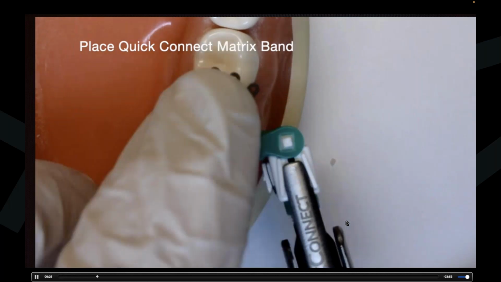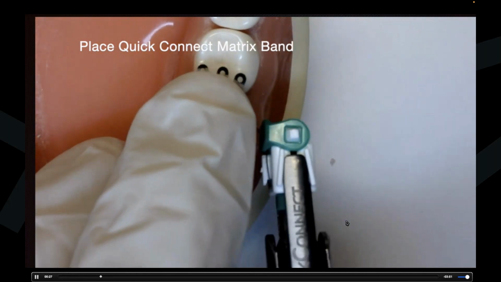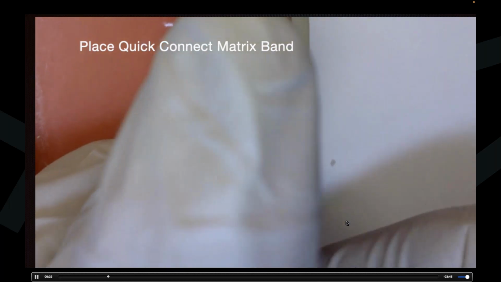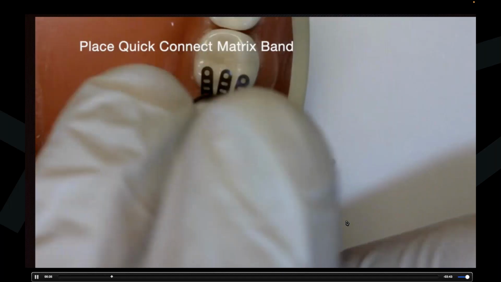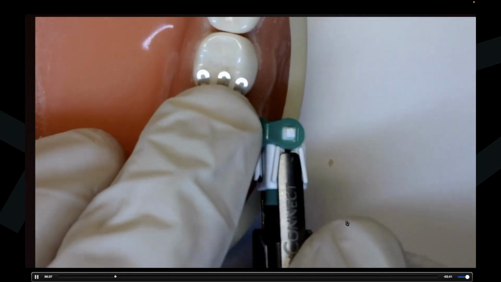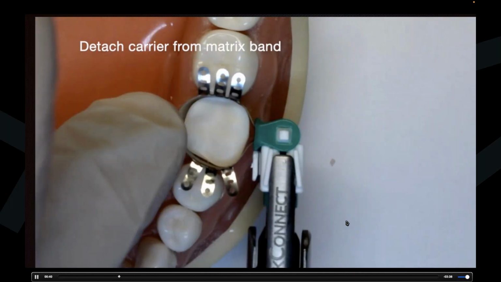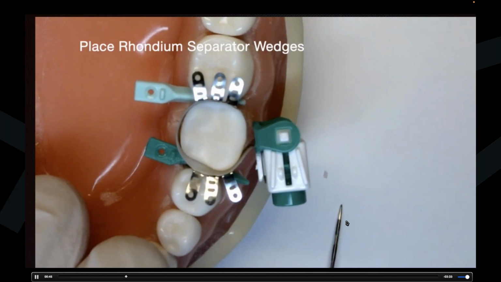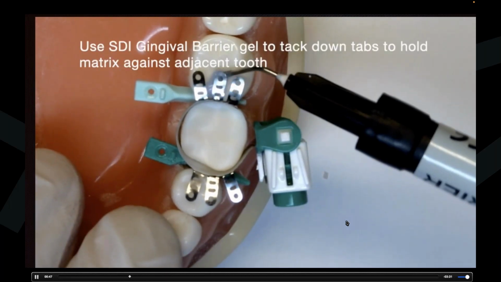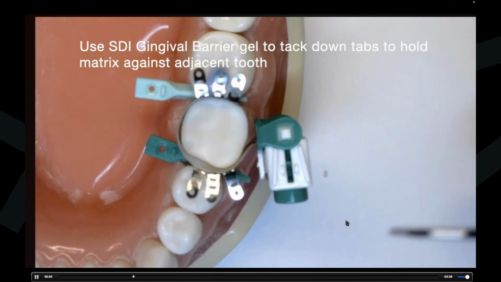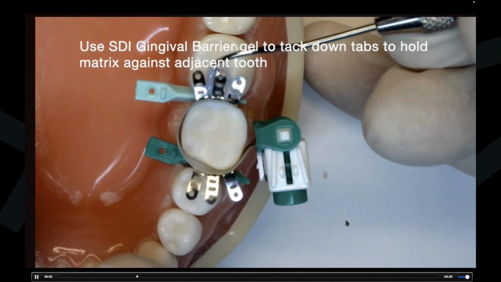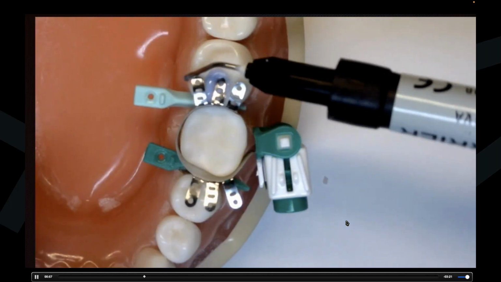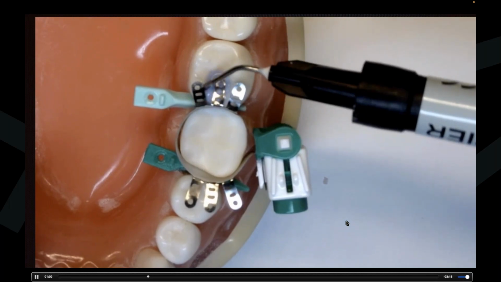The reason I like this is I've always been a favorite of the Tofflemire approach, because I could use different types of geometric bands. But what I didn't like about them is the fact that they're hanging off to the side. So what he has done is made a band that you can detach the Tofflemire from. You just saw that. And then these tabs allow us with the injectables to fix that band. It's only 35 micron stainless. So once you fix the band like that, you can do some burnishing and get a really nice contact.